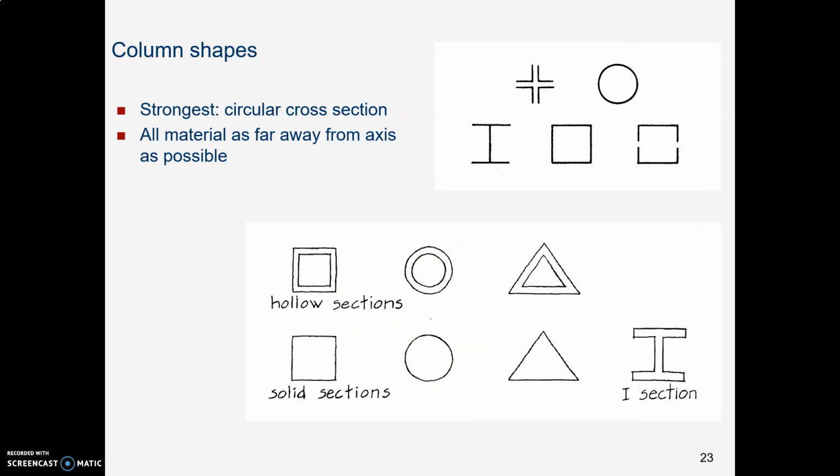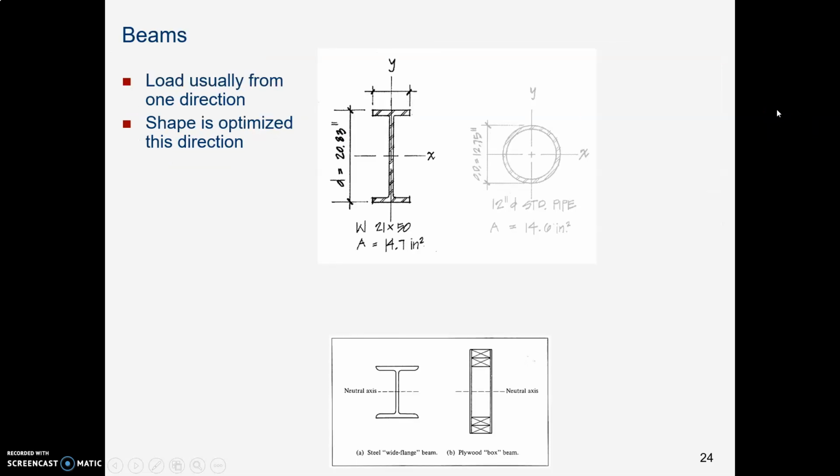It turns out that the stiffest shape is circular, so the shape of a tube or a pipe. That gets all the material out away from the axis as far as possible. Now with beams,